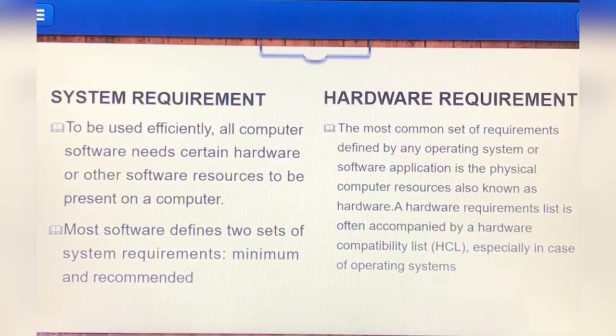To be used efficiently, all computer software needs certain hardware or other software resources to be present on a computer. Then, most software defines two sets of system requirements, minimum and recommended.